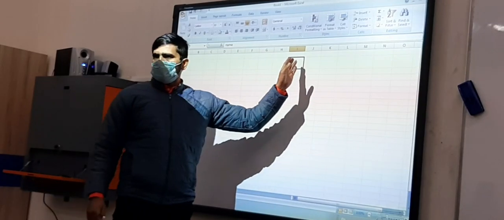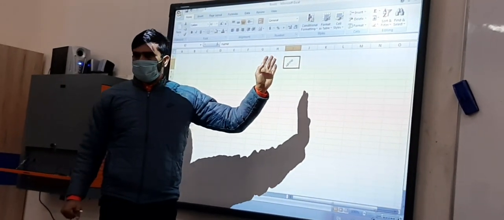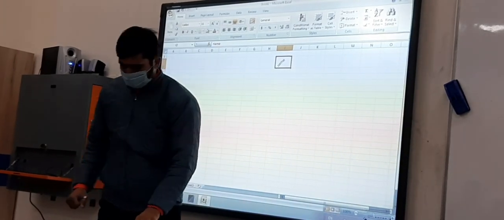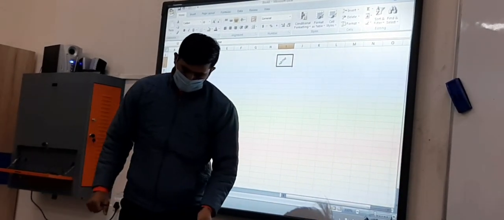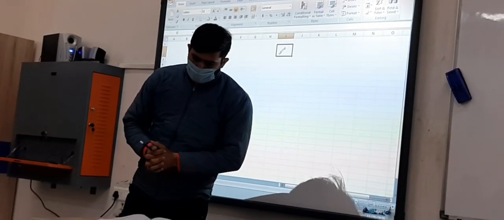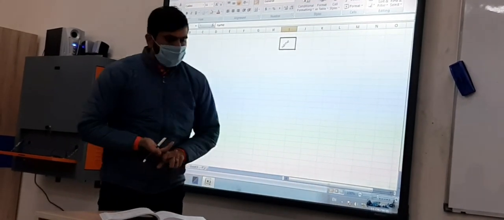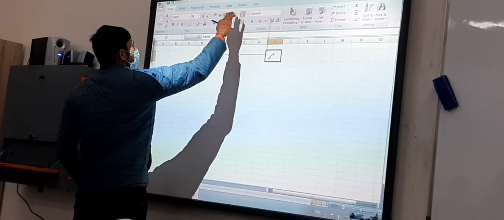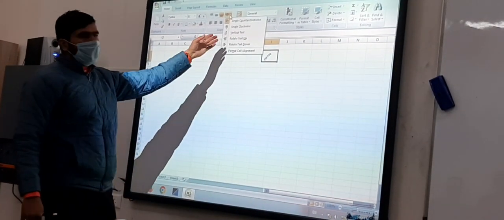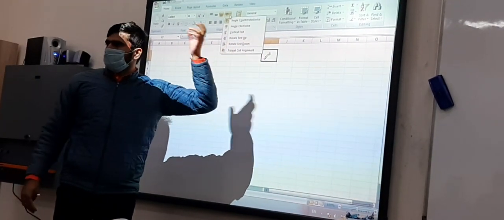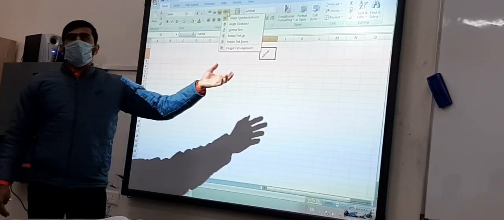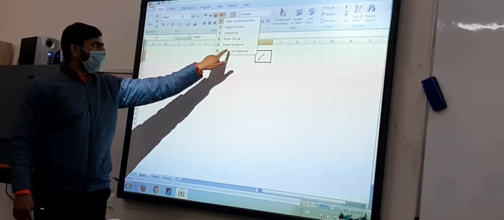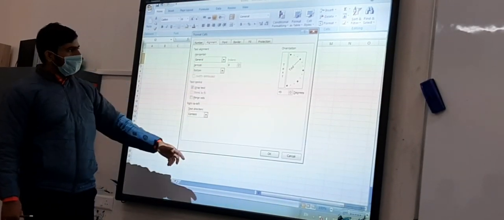So whatever we want to do with that text, we can do with that. This is called the orientation of the text. Next one is using the orientation button. So this one is the orientation button. You can use it according to whatever you want to do. If you want to format the cell alignment, you can use it here also.